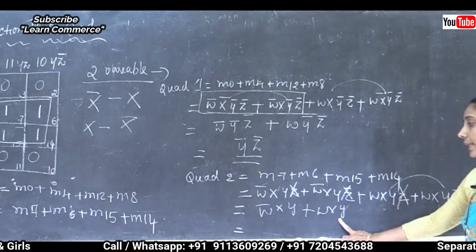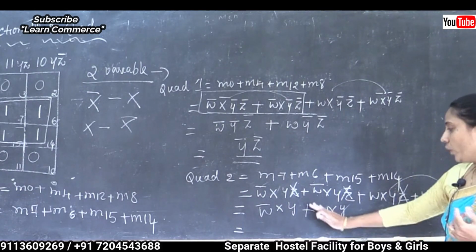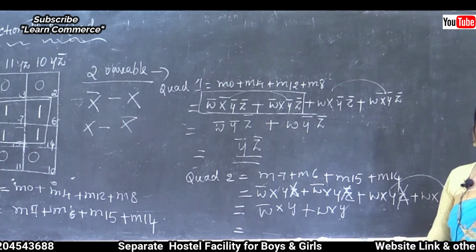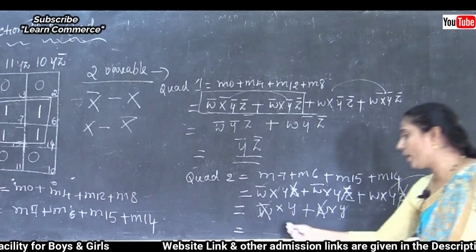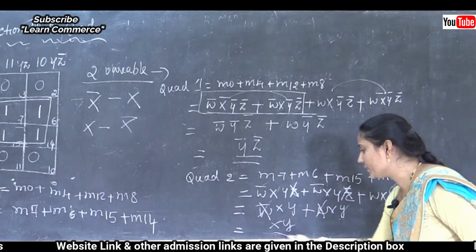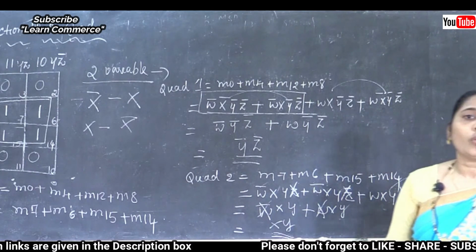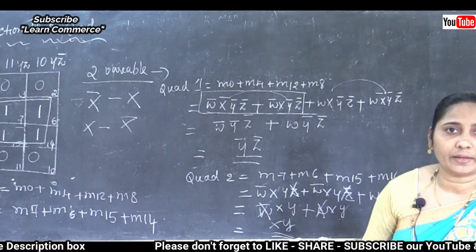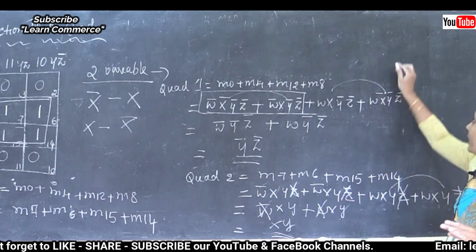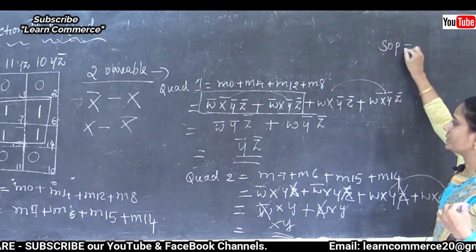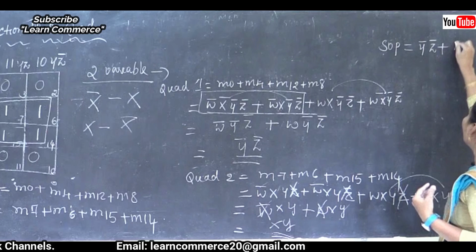Now again we need to make the comparison for our first expression result and the second expression result. Now also one variable is going to change. The variable is complement W and just W. So the final result is XY. Clear this point here? The final result is XY here. So here also we can say that a quad removes 2 variables only. First of all W, X, Y, Z, but afterwards the result is XY. So lastly we can form the SOP as complement Y, complement Z plus XY.